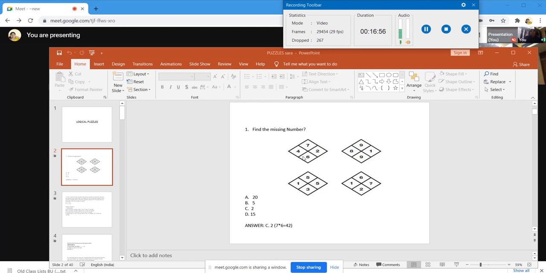Find the missing number. Just see the diagram, and in this type of problems you have to think over whether the bottom diagrams, which are connected to the top two diagrams, the numbers in the corresponding places, may be addition or subtraction or multiplication, or within the diagram itself there will be some relation, like left and right side related with the top and bottom.